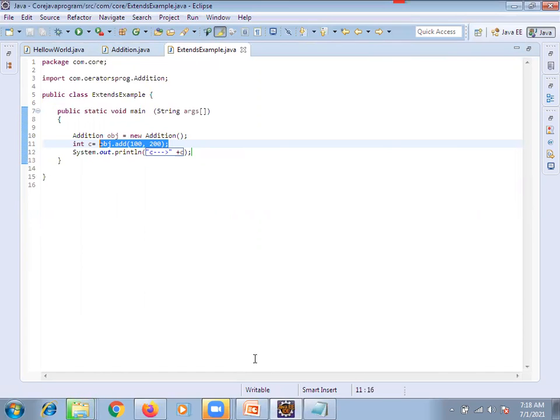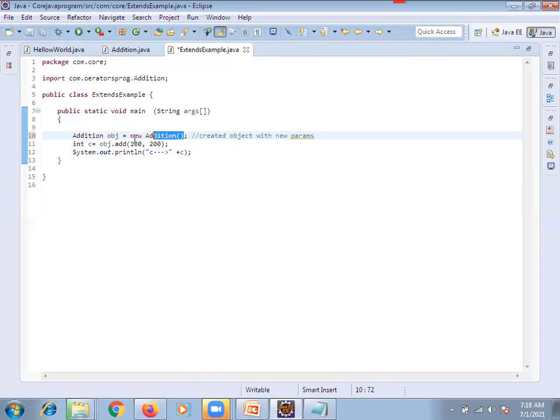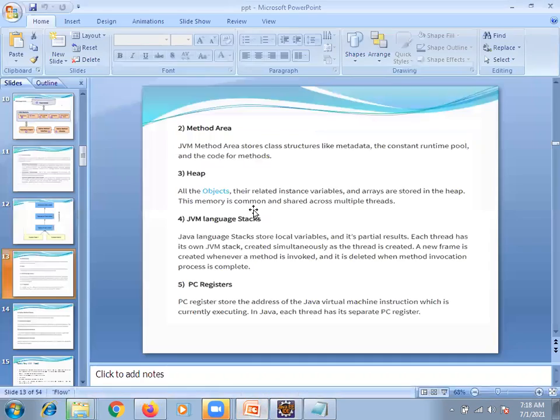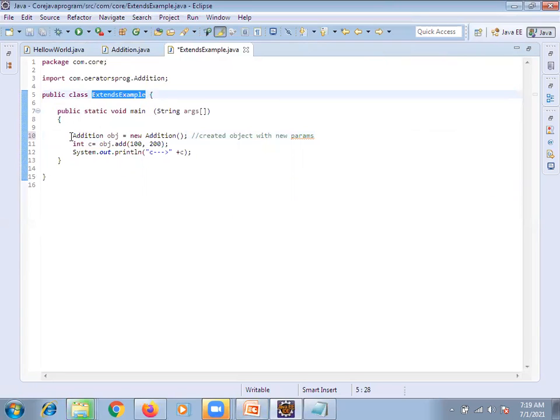Let it be, as of now. Now here, what have we done? We have created an object with the new keyword. Whenever we create this object, program execution happens in the method area. But inside this class, heap memory will be created.